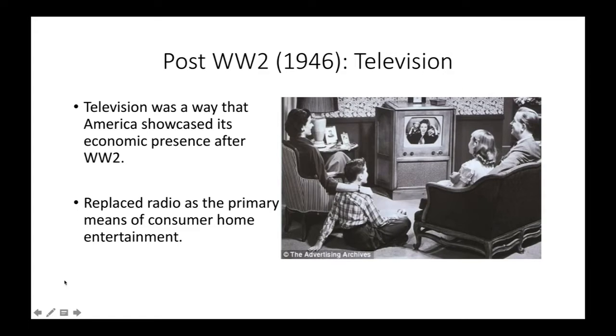Sorry about that. So World War II, when that came around, television was in its early period, and it was used during the war so that America could film its battles and its progress throughout Europe. America could use that as a way of spreading its economic influence to other countries, which was important for holding its stronghold in the world economy post World War II.